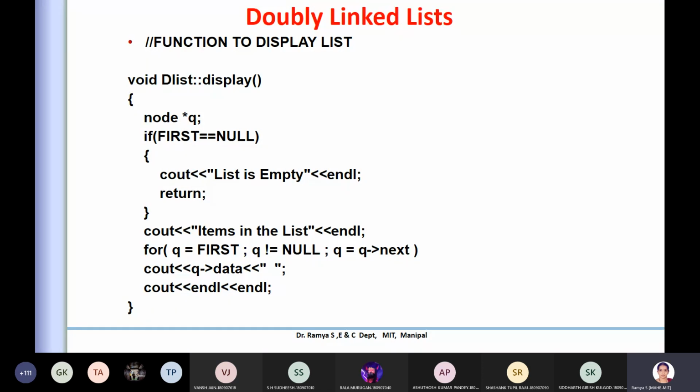Ma'am, could you please share the slides on MS Teams? Oh, you mean the recordings? No, ma'am, the slides, if you could please upload them on MS Teams. Okay, I'll do that. But are you able to get the recordings? I'm not aware about the F section, sorry, the E section.